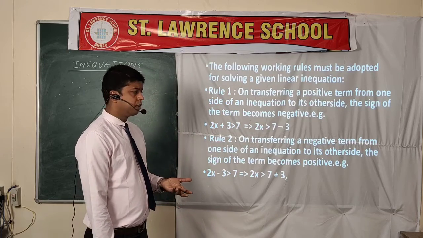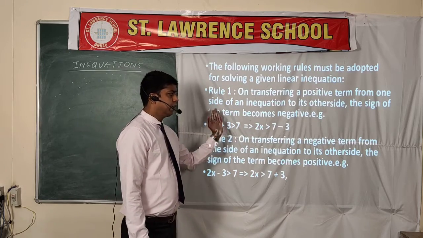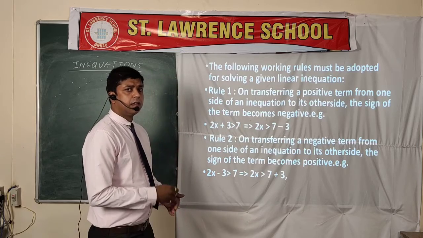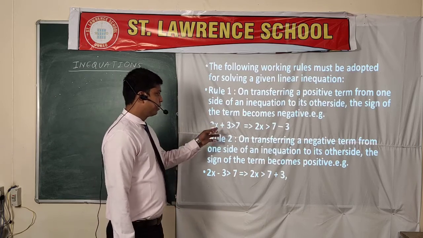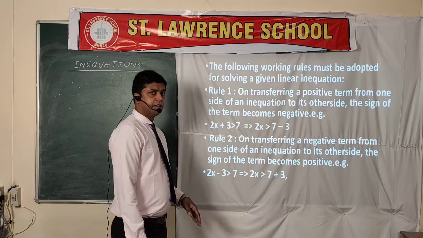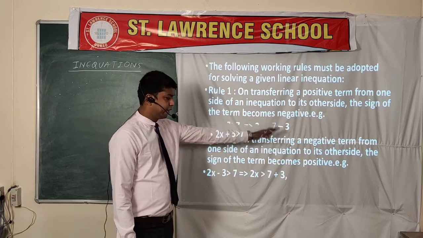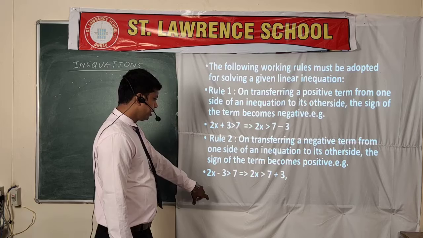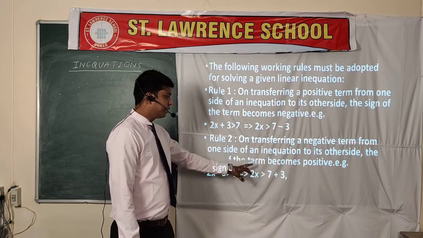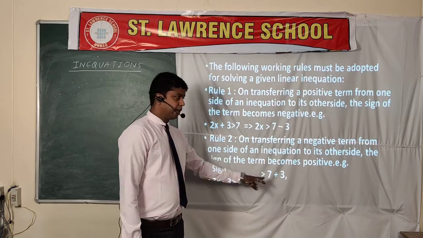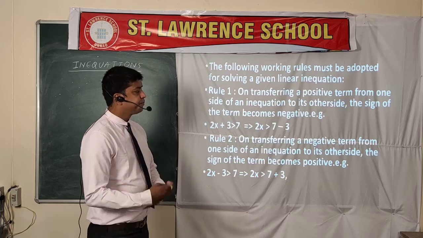When we solve an equation, when we transfer any quantity to the other side, the signs of the value are changed. So if it is positive, it goes to that side and becomes negative, and if it is negative, then it goes to that side and becomes positive. You can see here it is negative and transferred to that side, it has become positive, and they are writing it like a second rule.